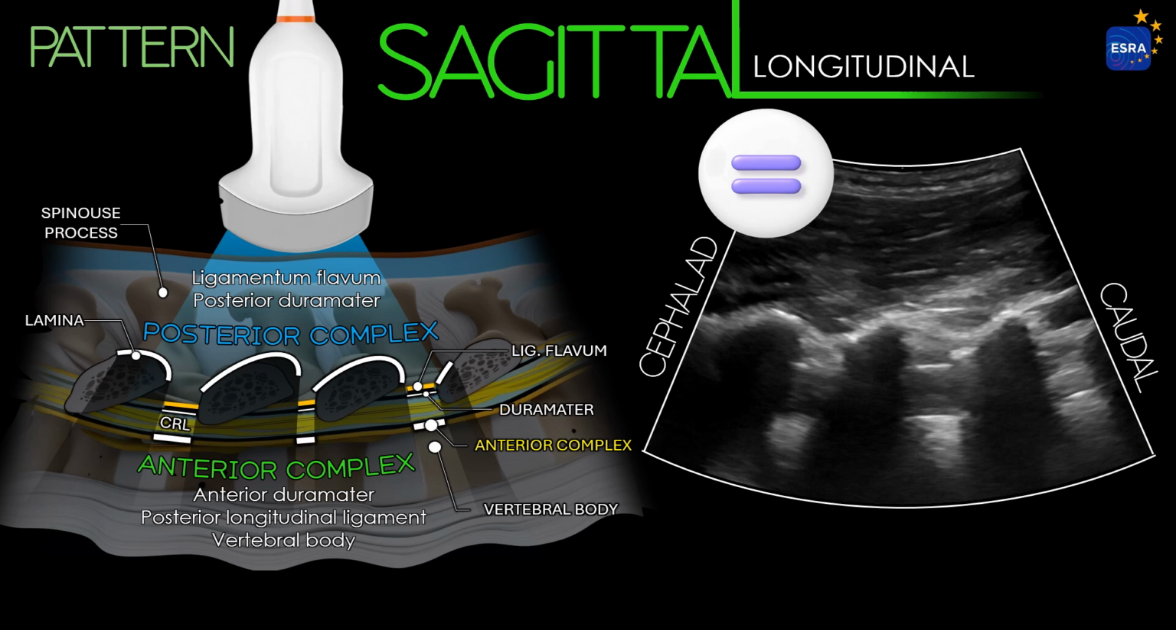The anterior dura mater is also hyperechoic, but is often difficult to differentiate from the posterior longitudinal ligament and the vertebral body or intervertebral disc, as they have the same echogenicity, isoechoic, and are tightly adhered. This often results in a single anterior composite hyperechoic reflection, commonly referred to as the anterior complex,